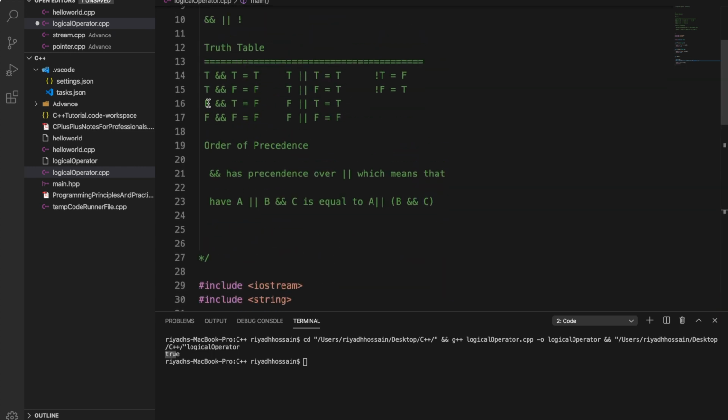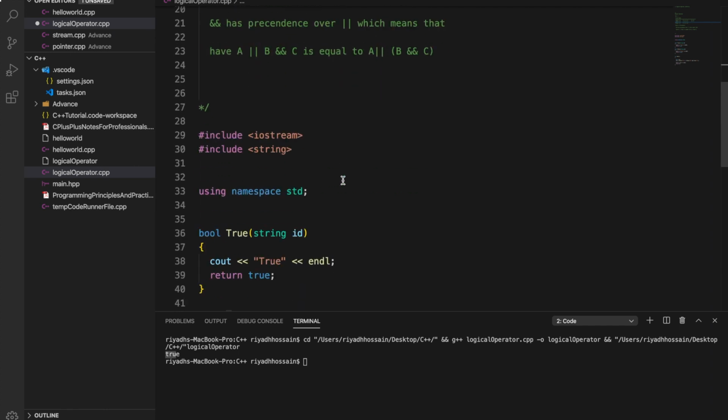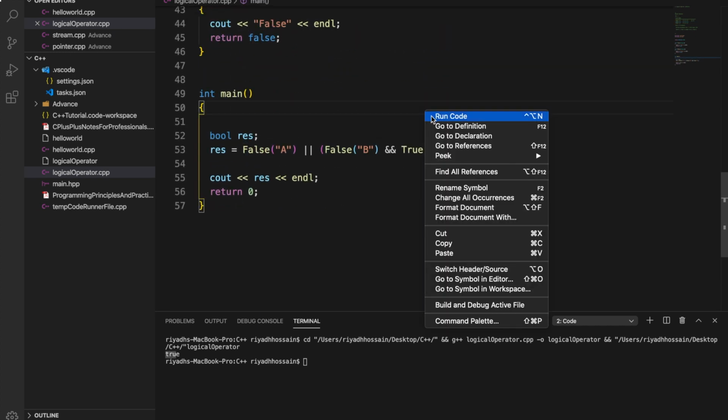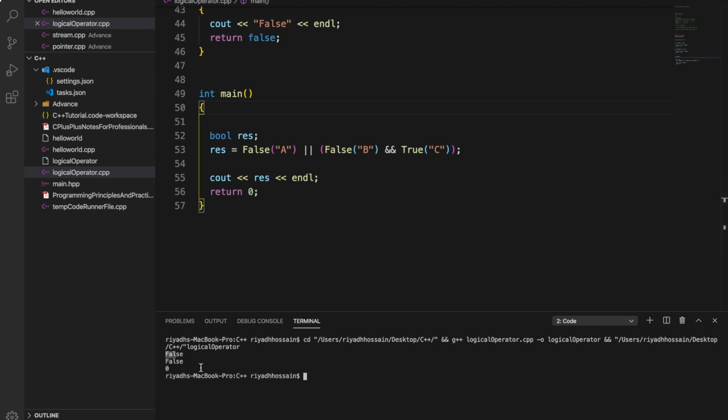So as you can see over here, if we have a false value, then we have a short circuit evaluation. We don't need to evaluate the second value over here, right? Because if we have a false in the initial state, then the answer is directly false. So if we save this and if we print it, you will see that first we had an